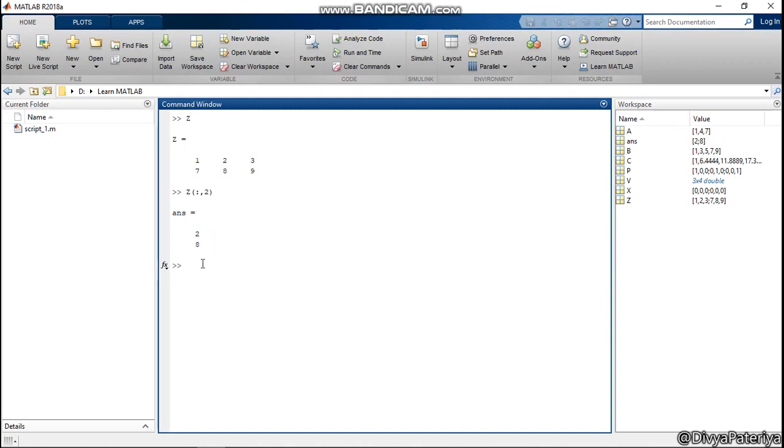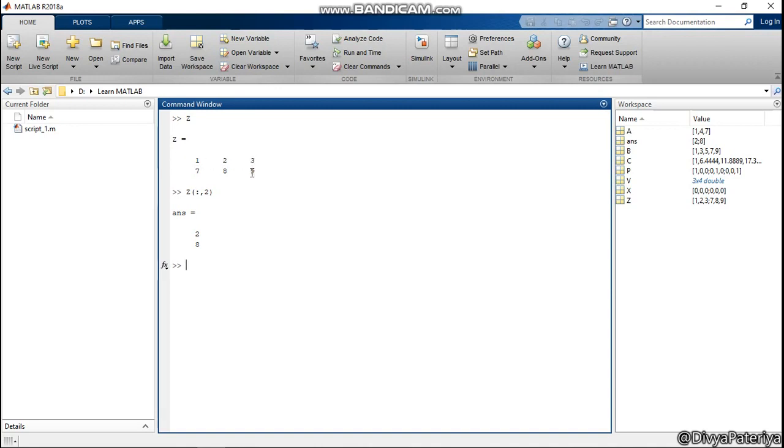So in this way we can extract the elements of any matrix we want and then we can use these values anywhere we want. Now suppose I want to delete any element from the matrix Z. Suppose I do not want the third column to be here and I want a 2 by 2 matrix.